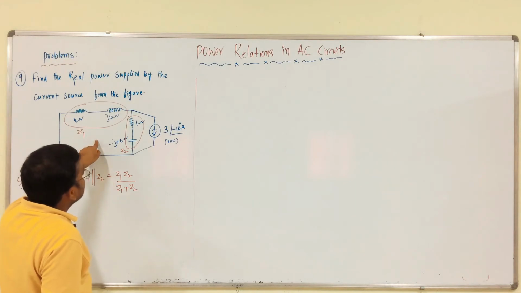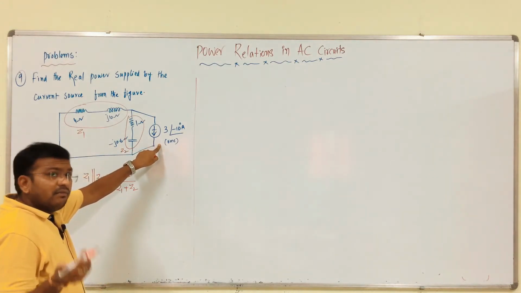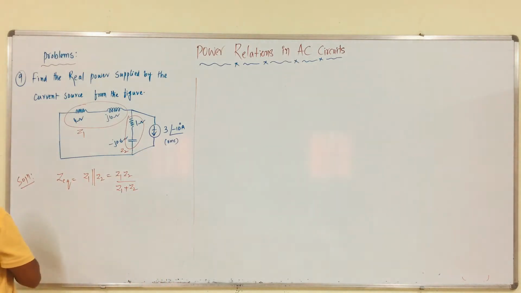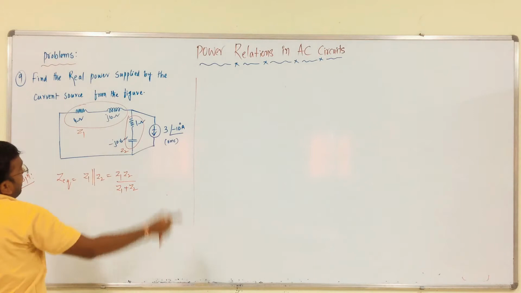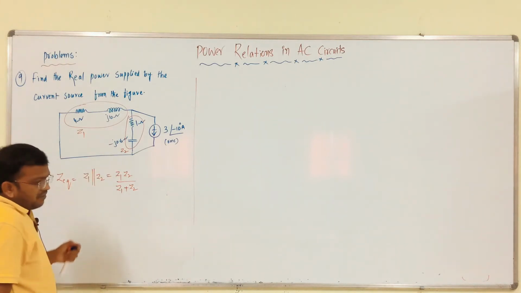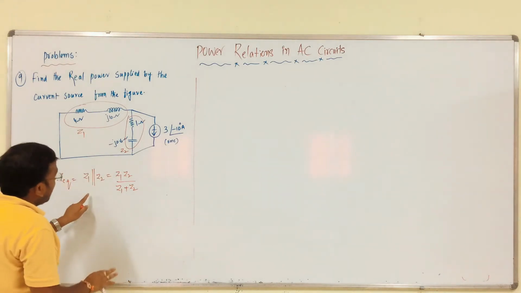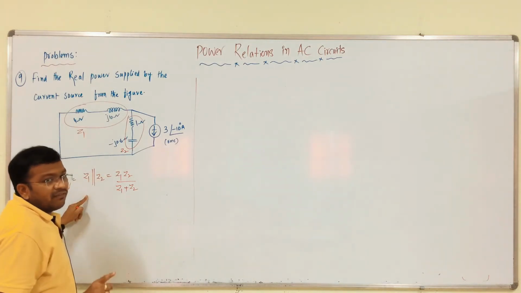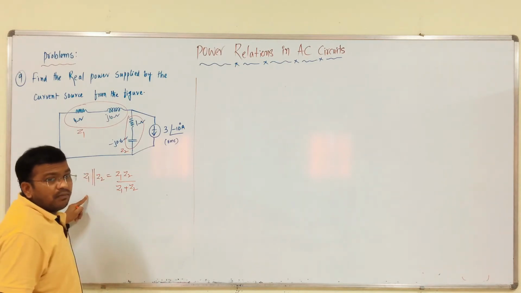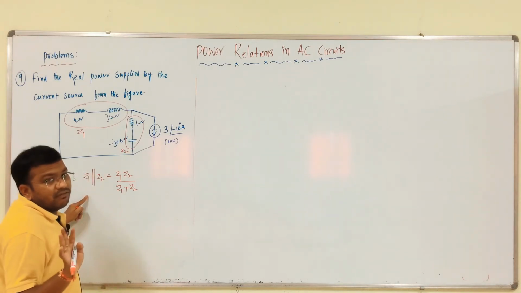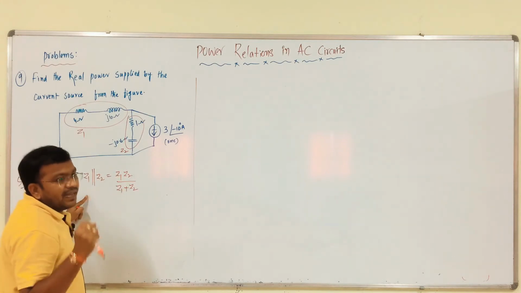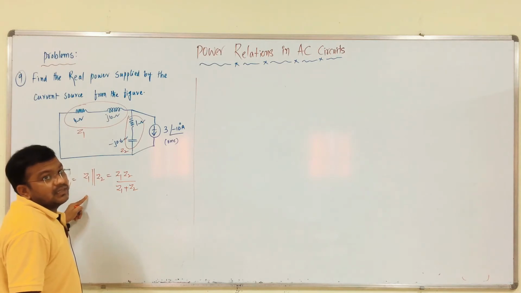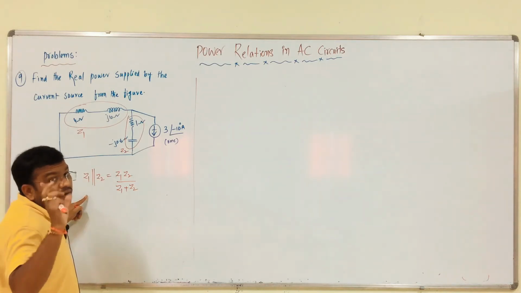That is it. We have equivalent impedance, we have current. V is equals to I into Z. We are going to get the value of voltage. That is it. The answer is completed. See, these two are connected in parallel. So, in this problem, we are not dealing with any term with respect to admittance. If you know the concept of impedance, that is enough to solve any problem. There is no need of the concept of admittance from this sinusoidal steady state analysis, but you have to know the concept of admittance.